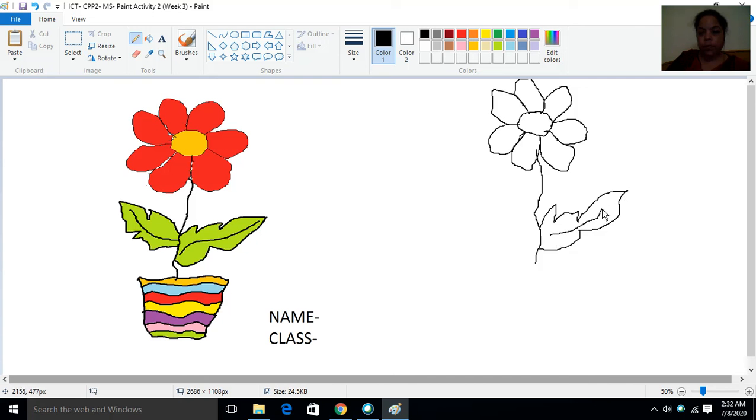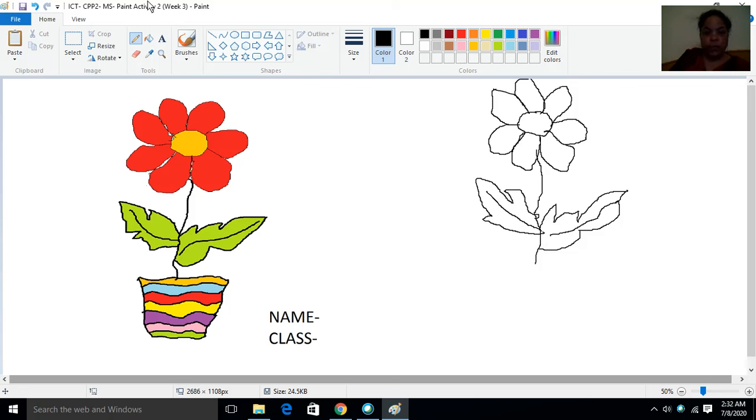You can see here I am drawing each and everything with the help of pencil tool only. You can also do the same. I have drawn it like this.